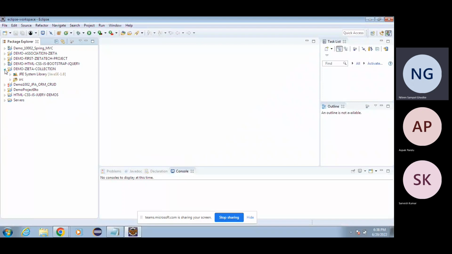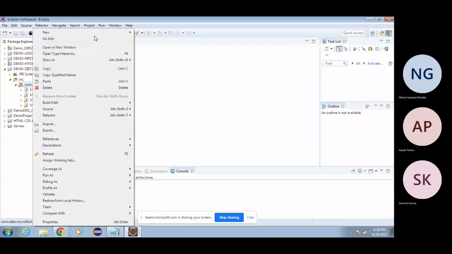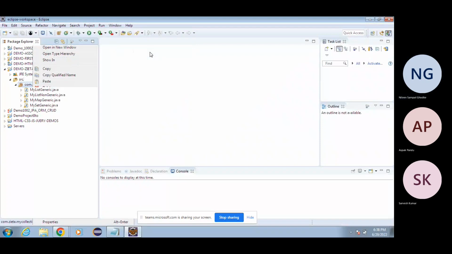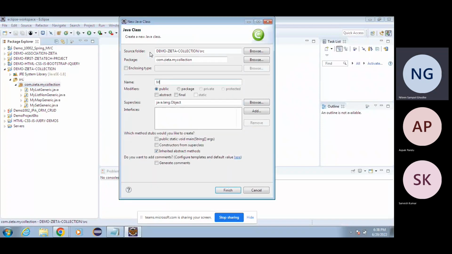Okay, in the collection here we have created the separate classes. Now in the collection itself we have created these classes. I will create a new class, and in that one I will create one class, my list of employee. So I am just creating my list of the employee,